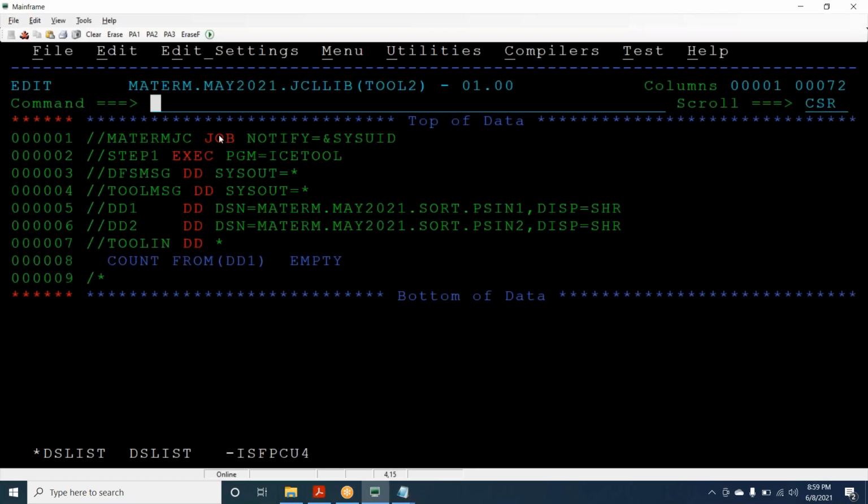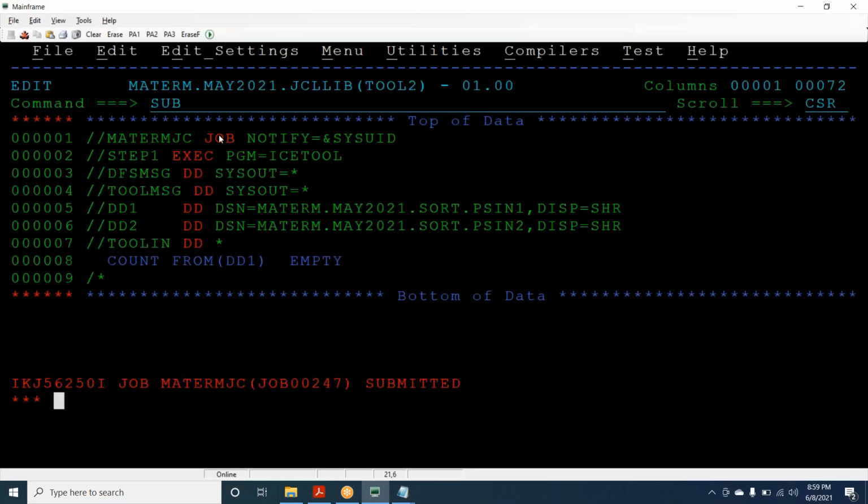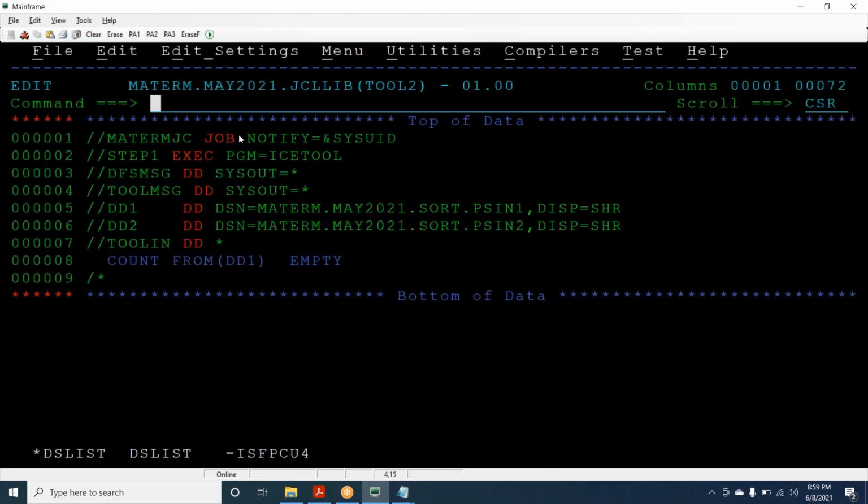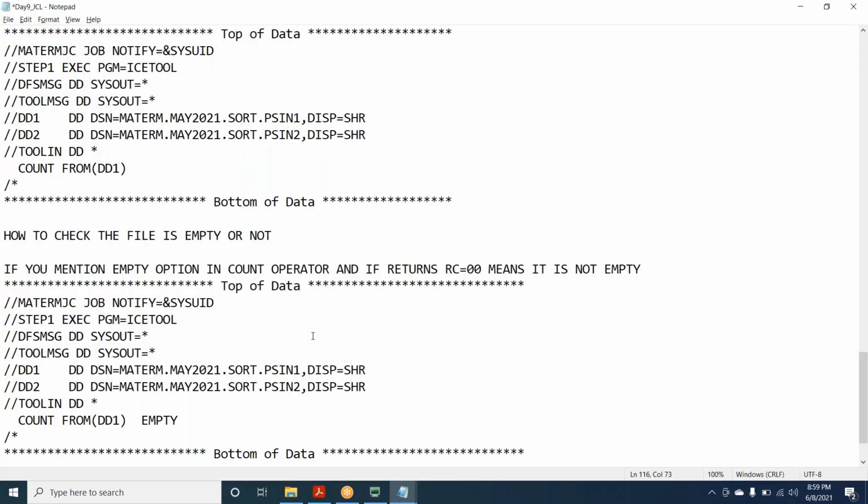We got 0 since it is not empty. Ideally it should throw 12 like that, but we have set it like this.